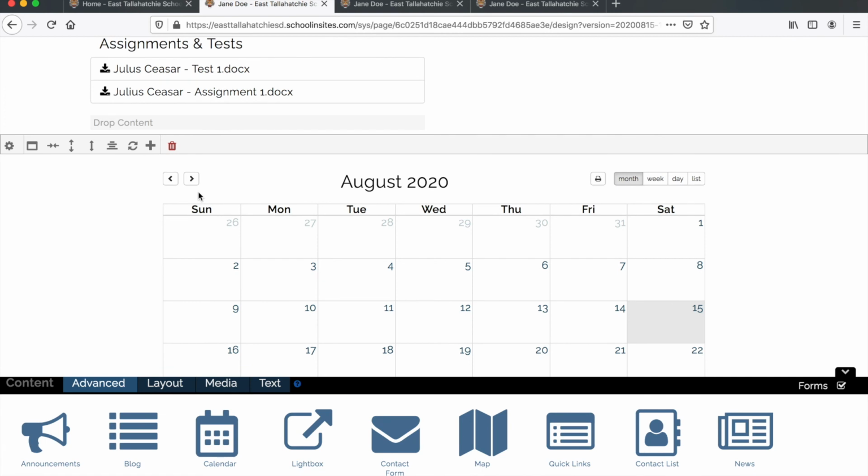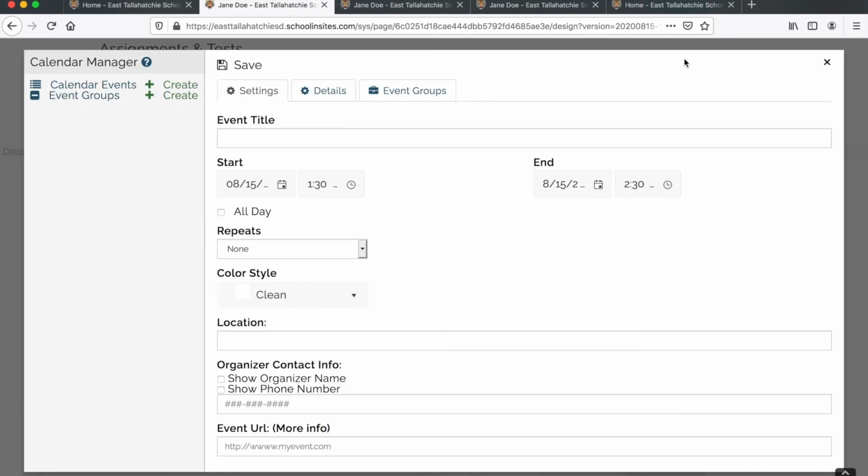Okay, so one of the last things I'm going to go over is adding content to your calendar. You'll notice on the little menu that appears above it, you have a little plus sign where you can add different events. Okay, so I'm going to create a new event. Let's say I'm going to have a test next Friday on Julius